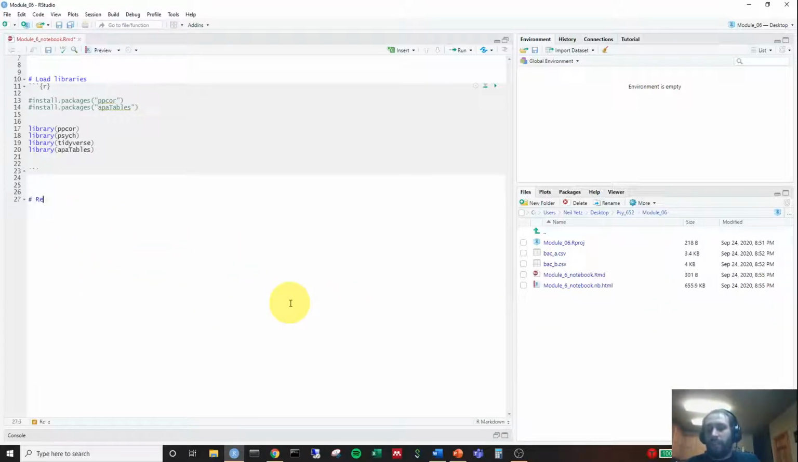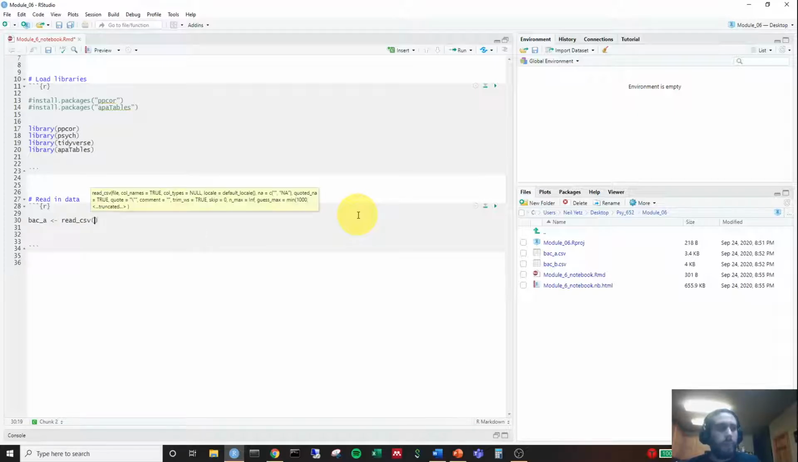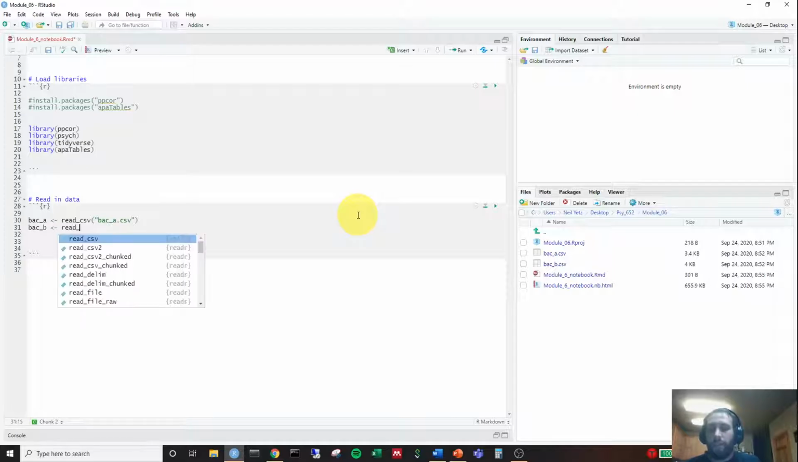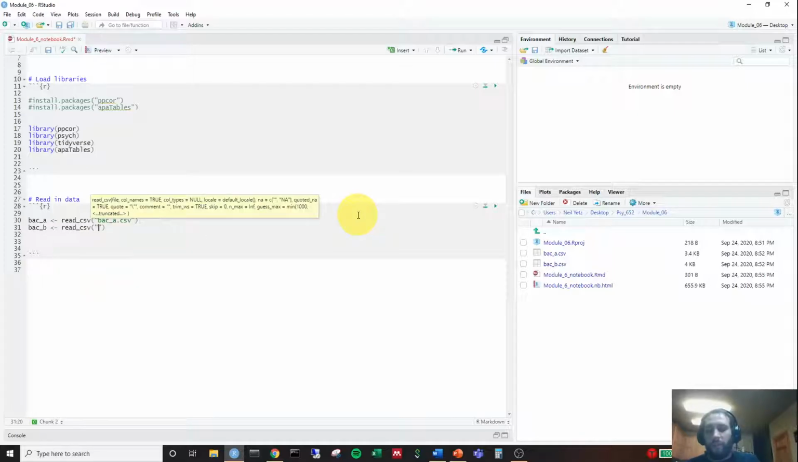So let's read in data. And let's go ahead and do insert new R chunk. Okay, so we have 2 data sets that we're going to be reading in today. So we're going to name our first one BAC_A, and we're going to use read_csv, and we're going to do BAC_A.csv. We're also going to do BAC_B, use our assignment operator, read_csv, and then in quotation marks,